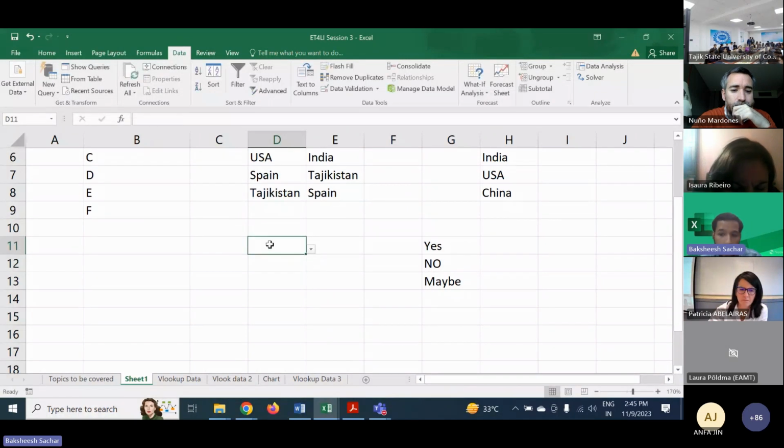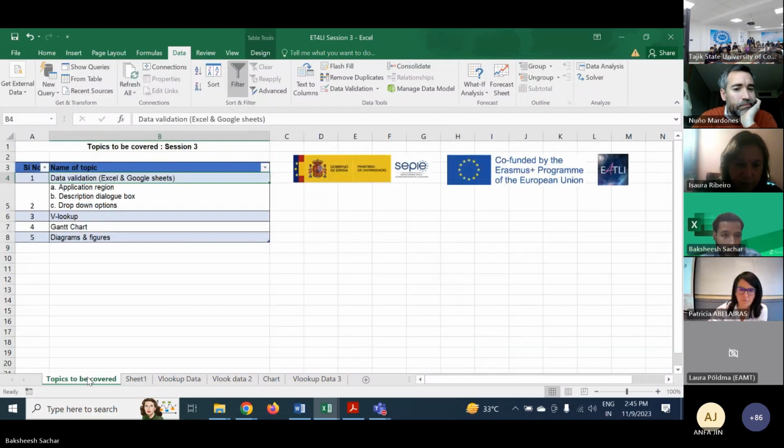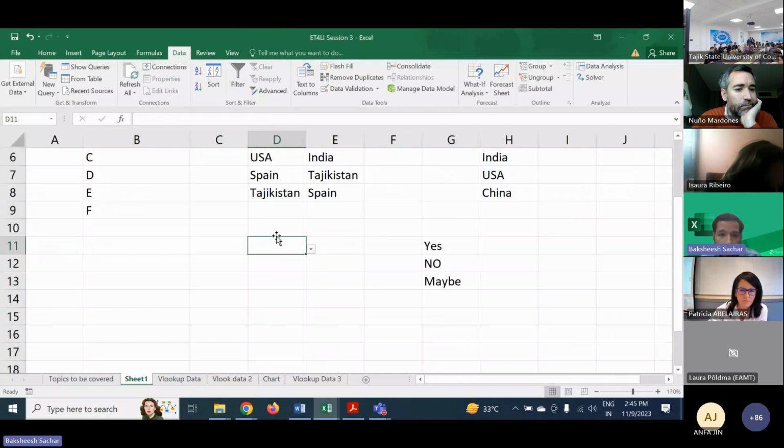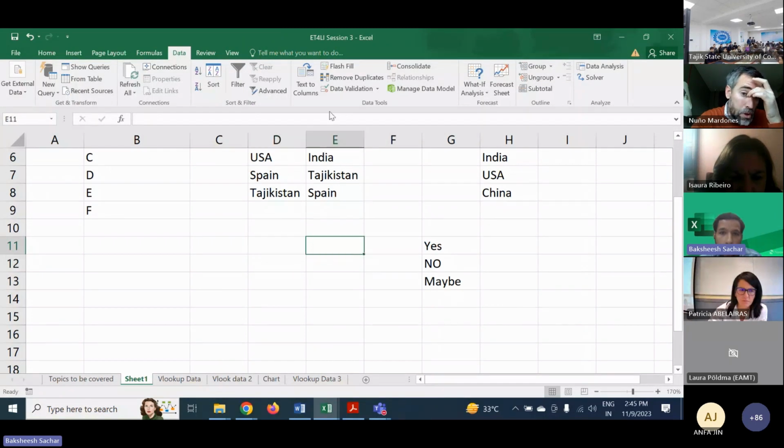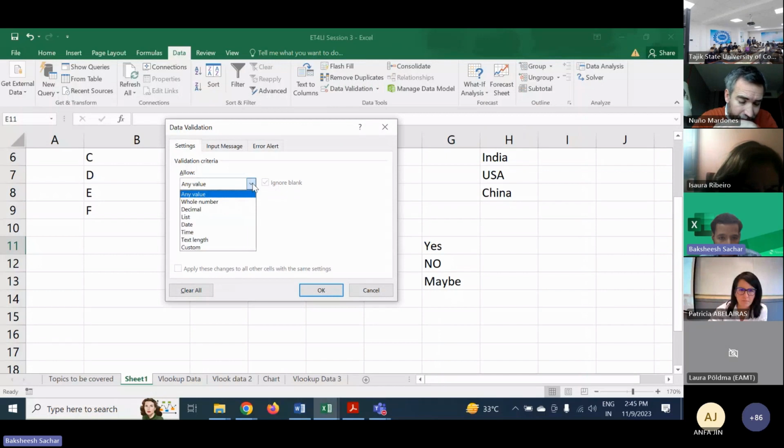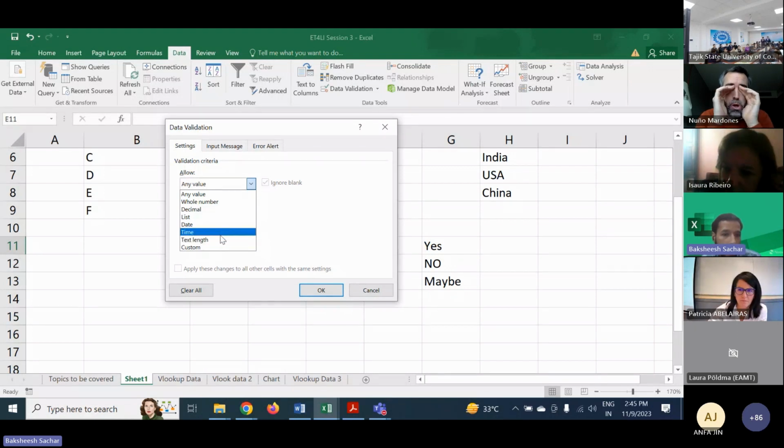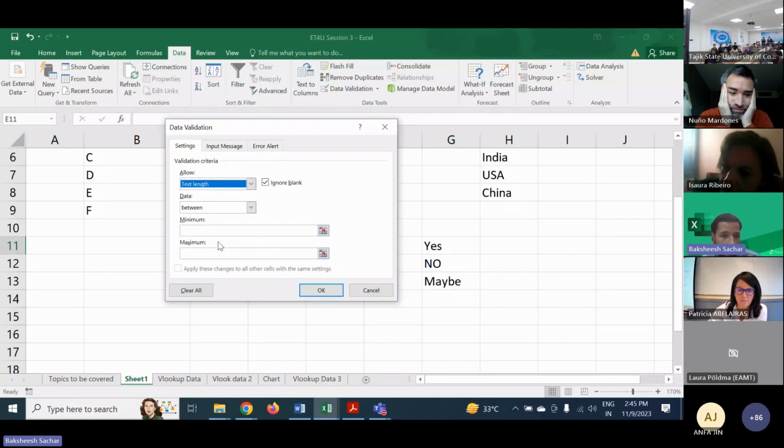Yes, I am defining the data for the sheet, and the data that I have defined, it will only and only accept that data, not anything else. This is how data validation functions. So I have explained to you the dialog box as well. How you can have a dialog box is, again, when we go to data validation, and this is also applicable to date, time, text length. For example, you want somebody to not type too much. For example, you're asking a question to somebody and you want them to write only in 10 words or only in 10 characters. I can say text length